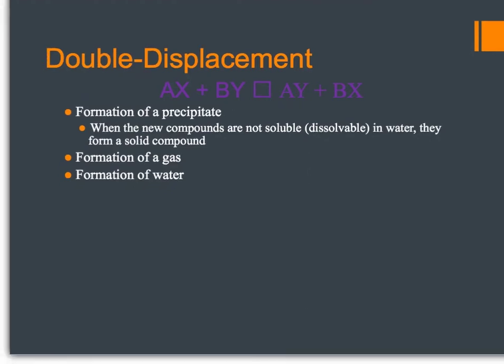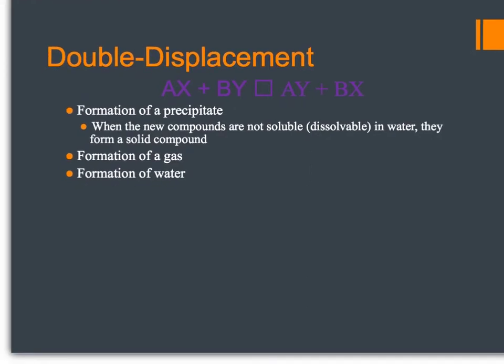This is double displacement, and it looks very, very similar to single displacement. In this case, the ions are trading partners. So we start out with two ionic compounds being added together, and the anions and cations each get a new partner. So here, the cation from compound 1 joins with the anion from compound 2 to form a new compound. And the cation from compound 1 and the anion from compound 2 join together to create a new compound, BX